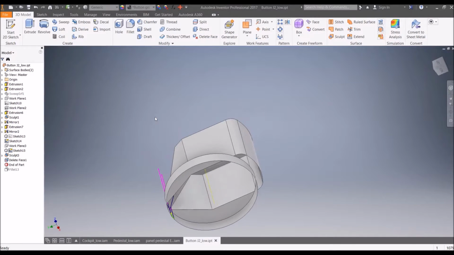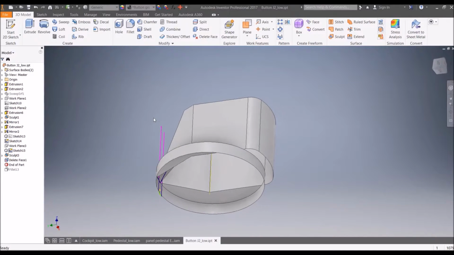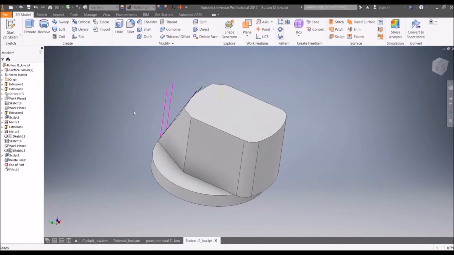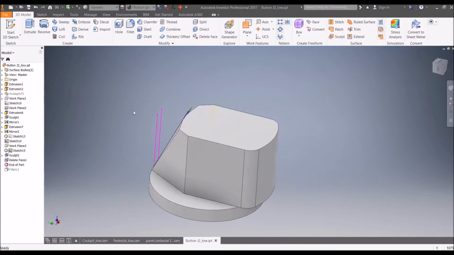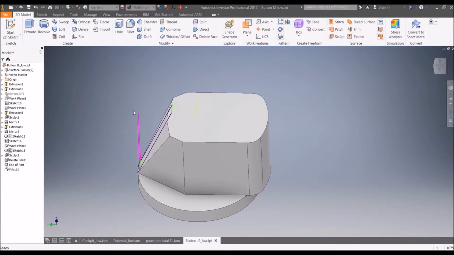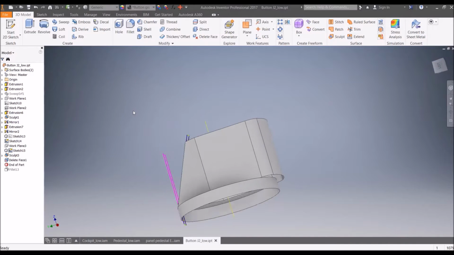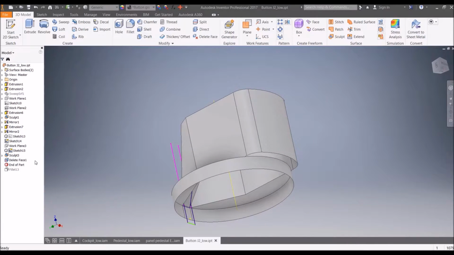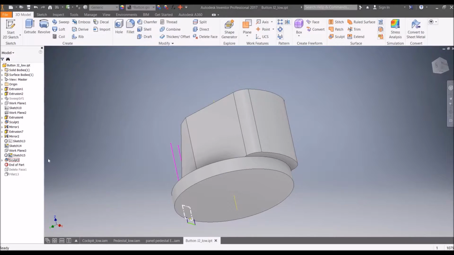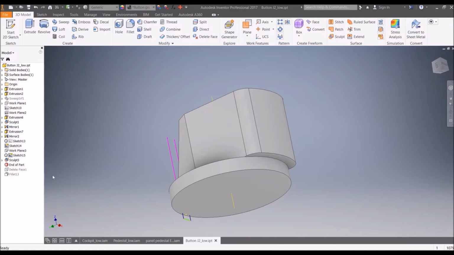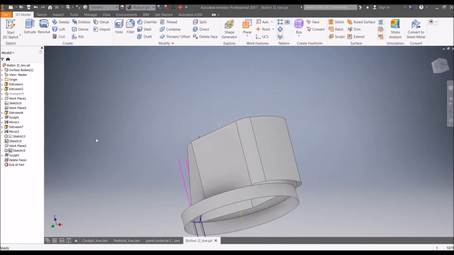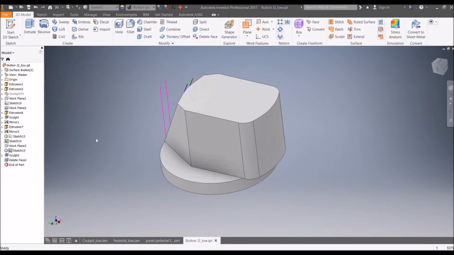Okay, now once we've done this, the object is turned into a surface and not a solid. So if you then later want to make some modifications, then first you will have to move the end of part file up so it's turned back into a solid. So this is our part. So this is now the low res part. You can save it